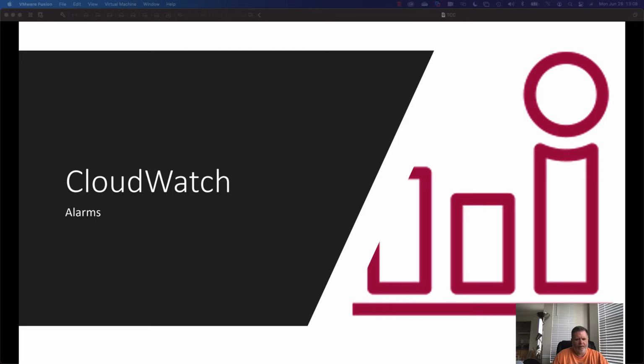You could have your CloudWatch alarm send an SNS message, so it could send you an email or send you an SMS text message saying that your servers are overutilized, or it could do an automatic auto-scaling action